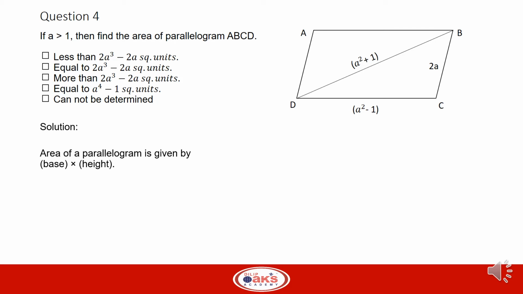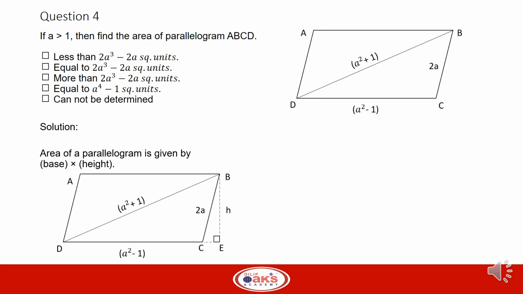Height of a parallelogram is the perpendicular distance between two bases, right? So you see we have dropped a height from vertex B on the opposite side, that is CD. So H, that is the length of BE, is the height for this parallelogram. Now in triangle BCE, which is a right triangle created, we can say that H is less than BC. But if H is the height of a parallelogram, then I am claiming that H is less than or equal to 2a. Why is it so?